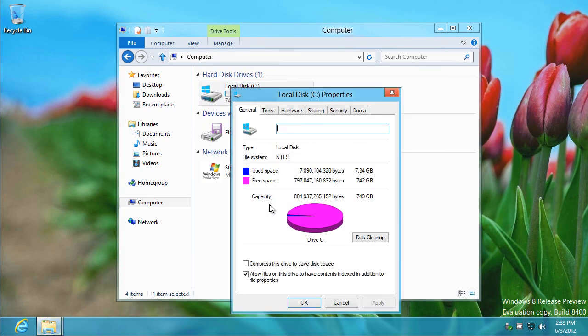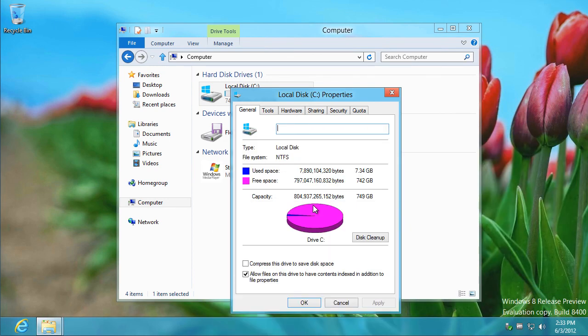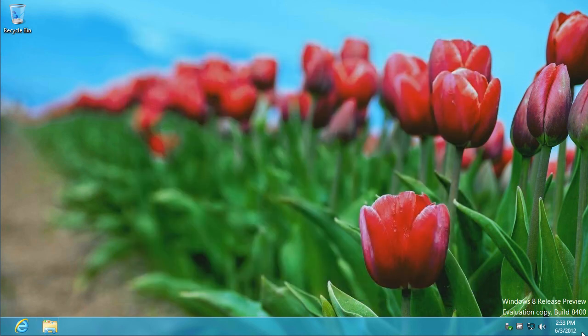If we look at properties here, we'll see we're using 7.34 gig is what it's saying. And if we look at my datastore browser, we'll see the underlying RAID is saying we're using 6 point something, plus there's a swap file or something that it's ignoring. Interesting how there is a difference there, though. Okay. So now that this thing's done,